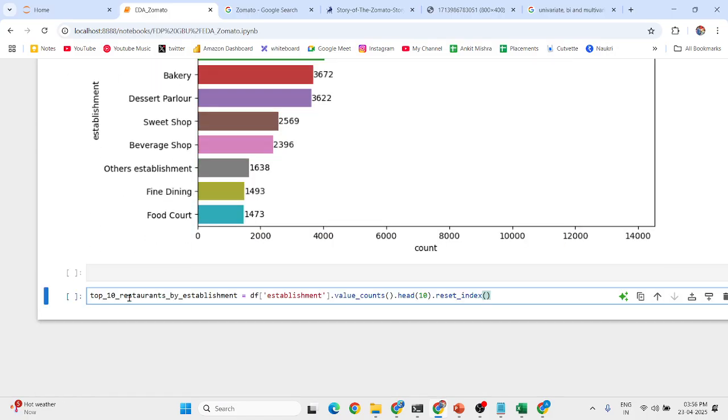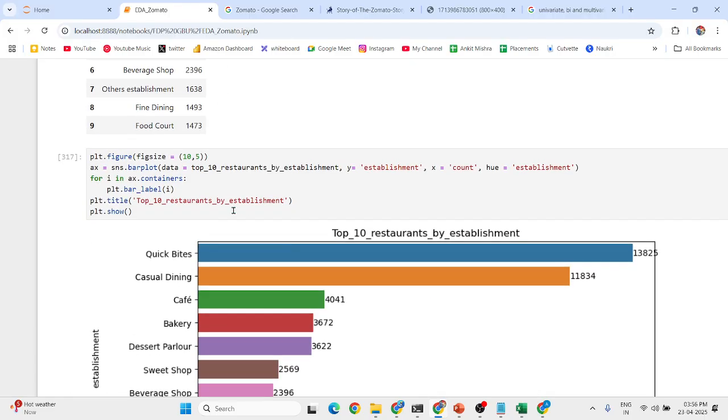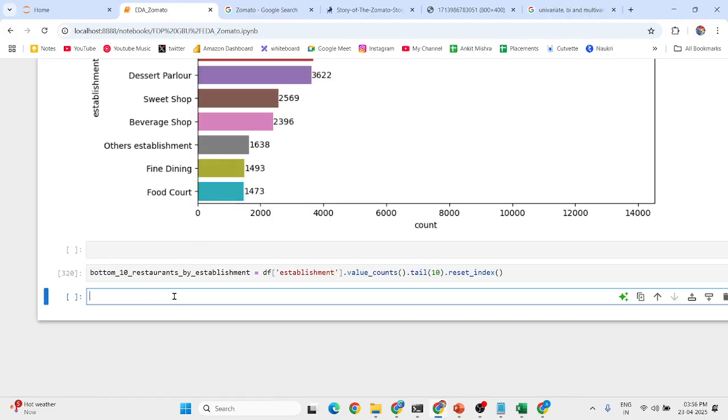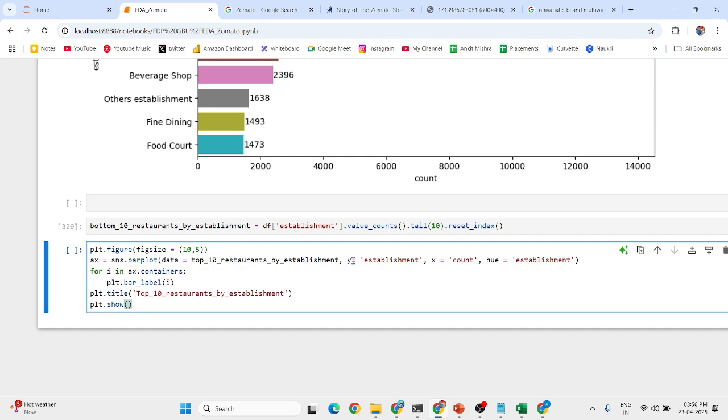यहाँ पर top 10 हटा करके what I'll do, bottom 10 restaurants, and instead of head I will use the tail. Let me run this and copy this code, paste it here. And why I'm pasting this, because top and bottom में बस मेरा फर्क किसका है, यहाँ वेरिएबल नेम का फर्क है, right? So instead of top just simply write bottom, right? And instead of top यहाँ पर भी आप